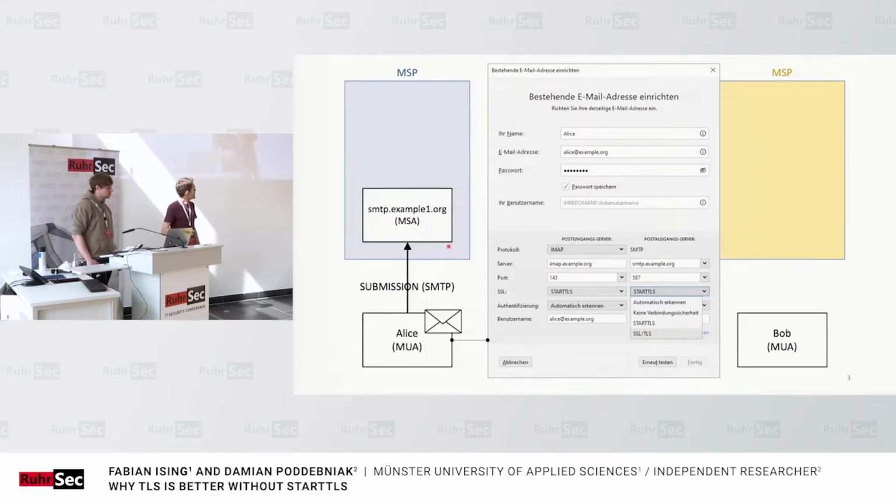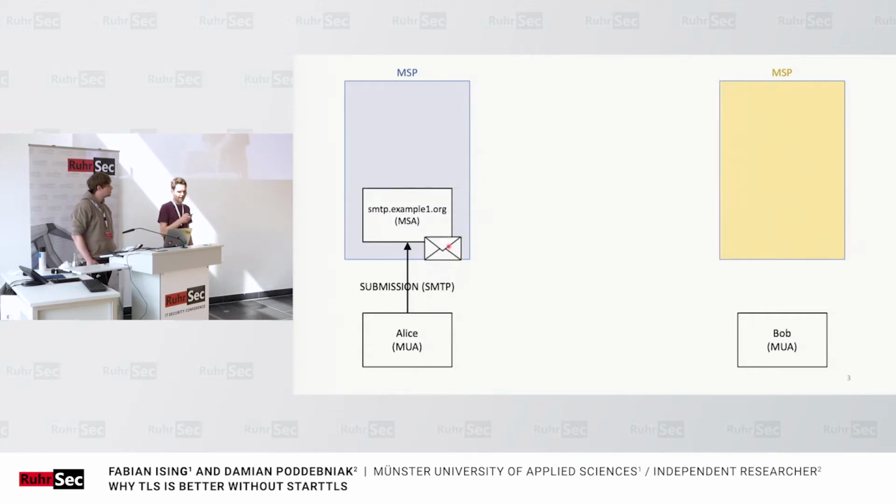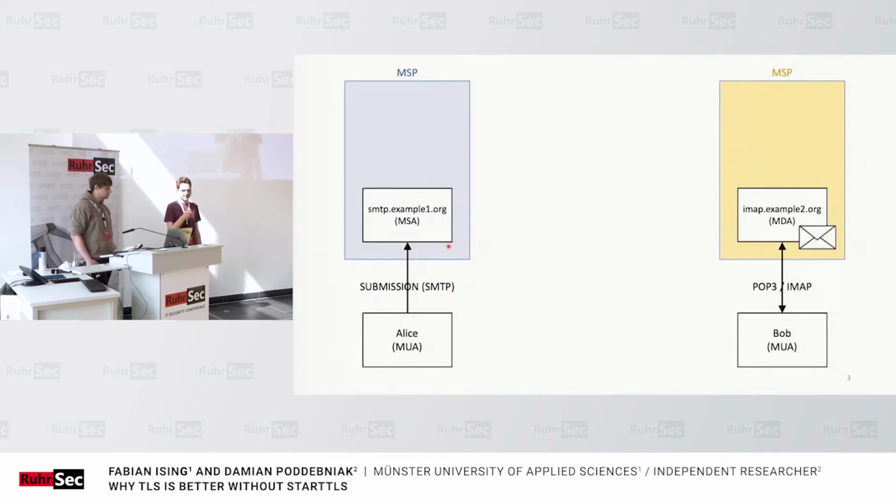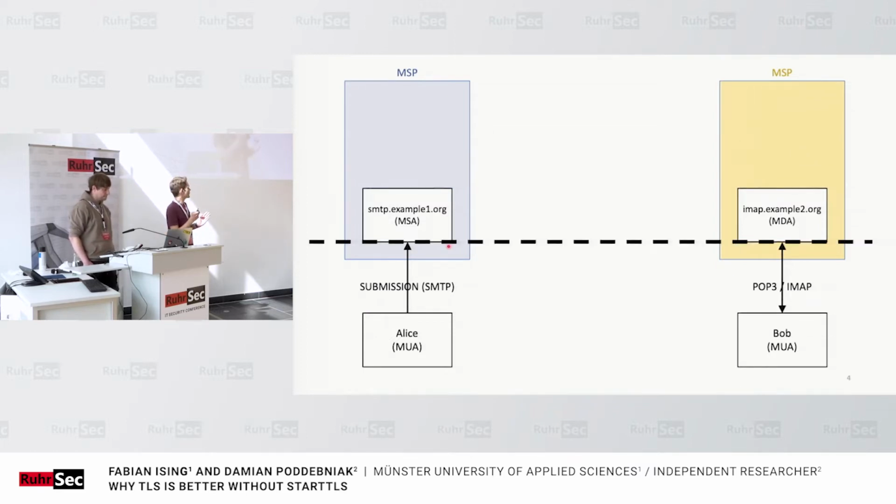All right, then. They will have to configure a host, a port, and an encryption mechanism, in this case STARTTLS. Then that will get the mail to the SMTP server, and Bob on the other side will have to do the same for the mail delivery agent, so just an IMAP or POP3 server in this case. Then the mail reaches Bob, and that is basically the connections we will be focusing on during this talk.